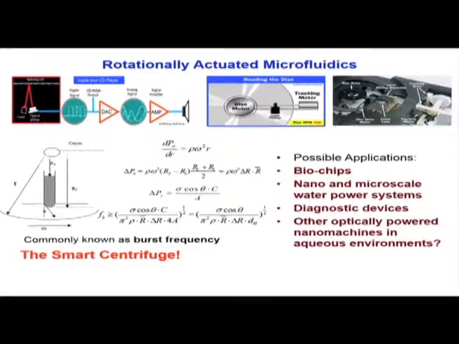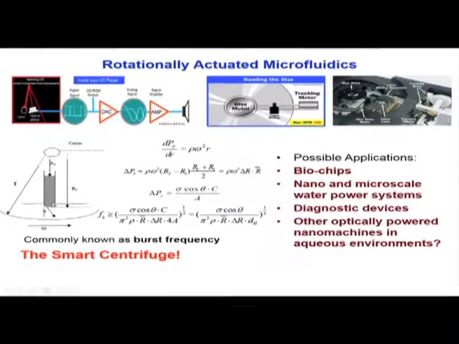So, rotationally actuated microfluidics. I will start with a very simple example, then I will derive the governing equation for the rotational platform. Let us say that, just look at this picture. There is a rotating disc, and there is a fluid, and you can see that this fluid